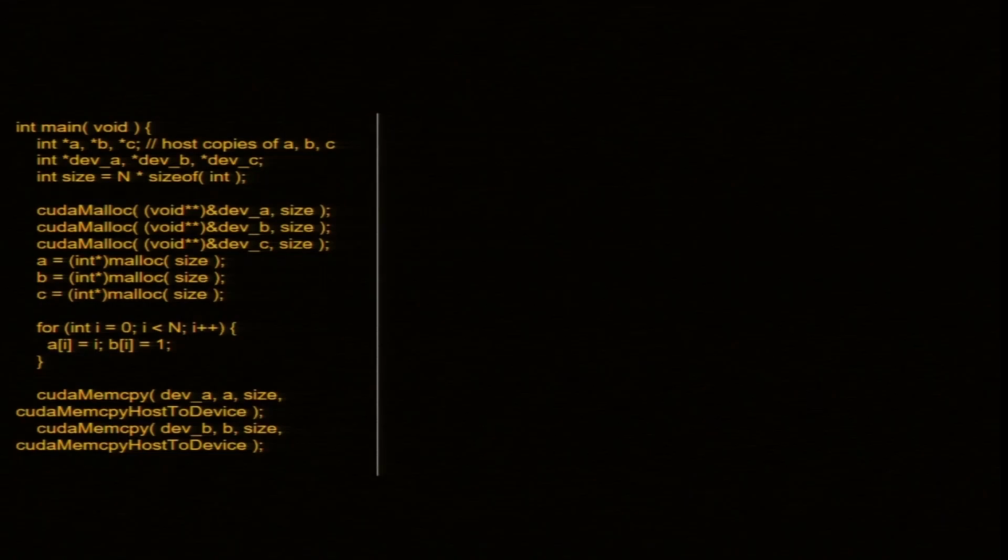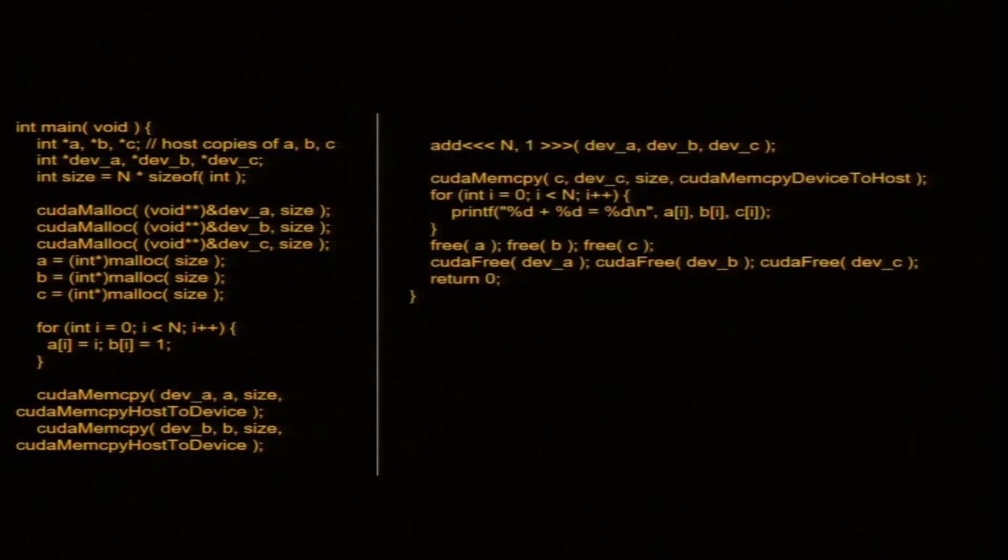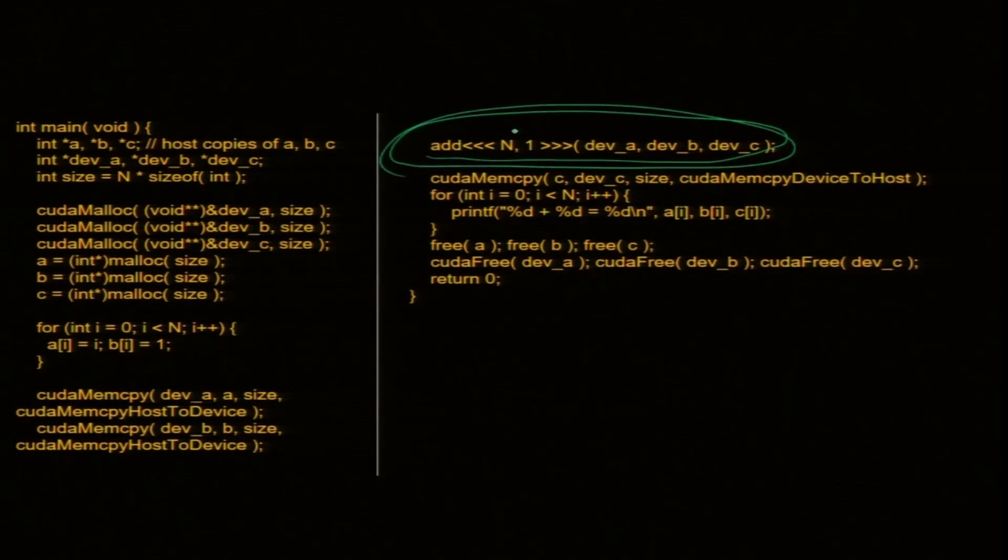The main code looks slightly longer because I am using arrays now. So, let us look at the main code. By the way, it is very similar to what you do for a single number; you can do it for an array. Let us go slowly. The line which is different, which you need to see, is this line, add<<<n, 1>>>.